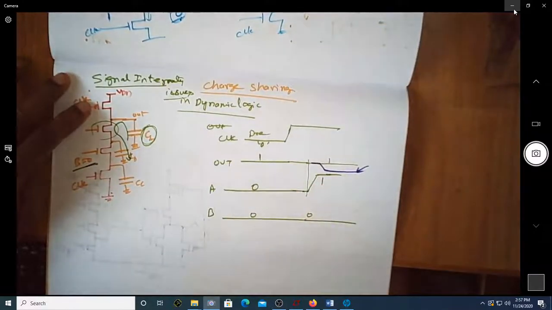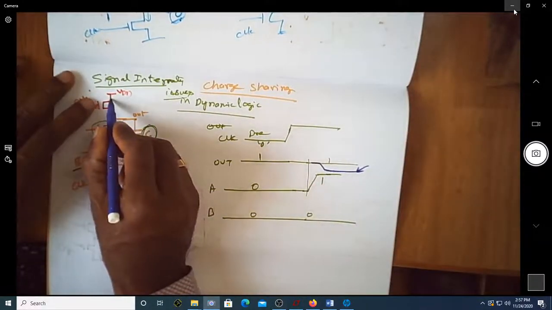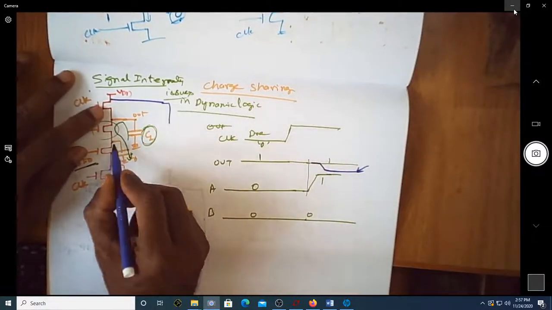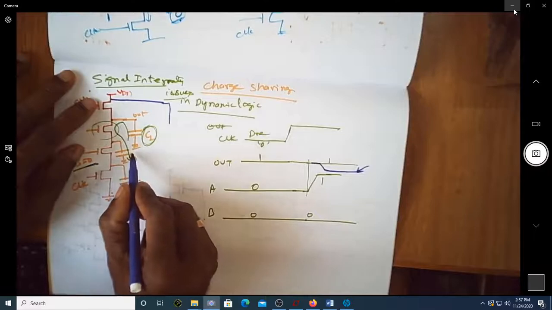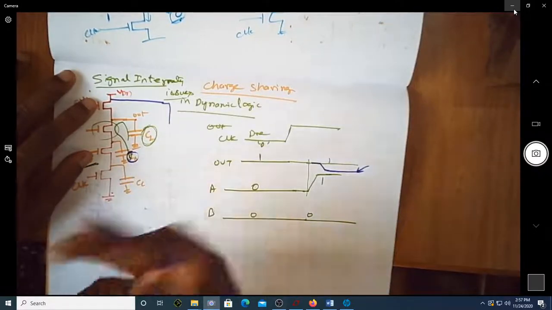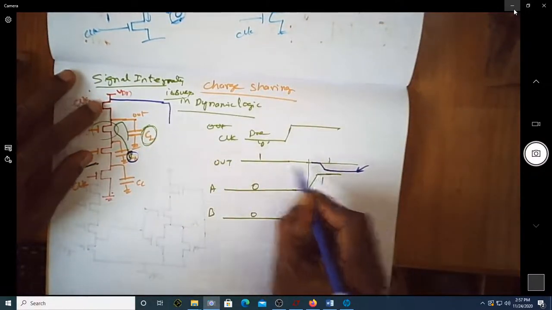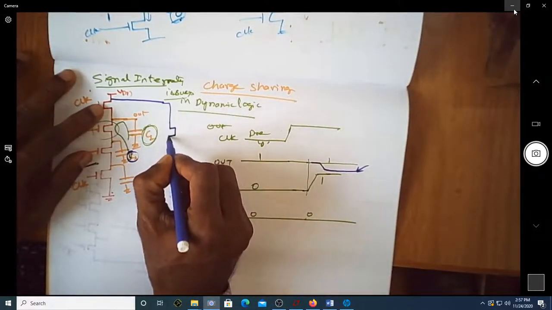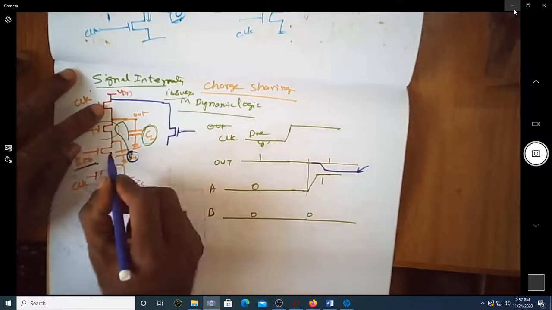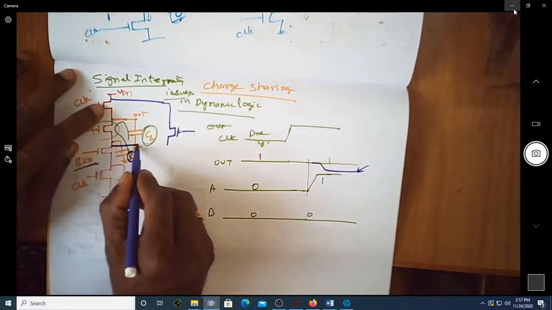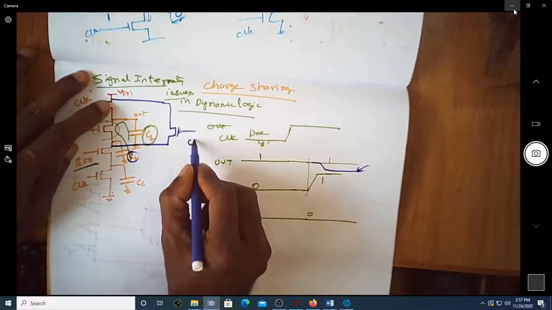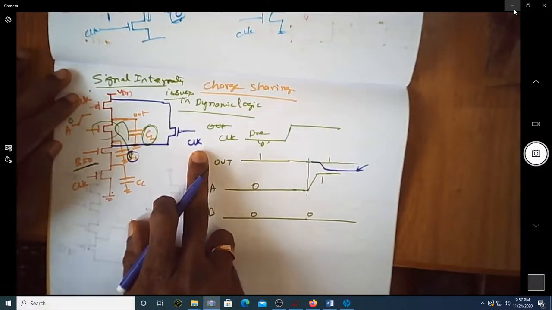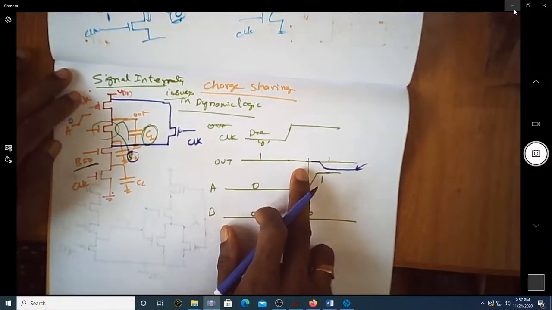So one remedy to overcome this is we can again have a bleeder capacitor, which is something like this. If I somehow ensure that this capacitor CB is fully charged, then the capacitor won't discharge because this is already charged. So we'll have one more transistor which is connected to this junction. You connect it to the clock. So once the clock becomes 1 here, what happens now?